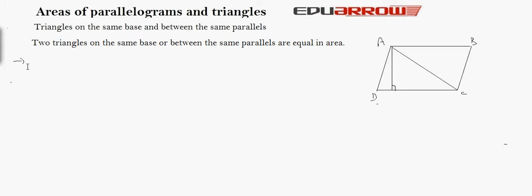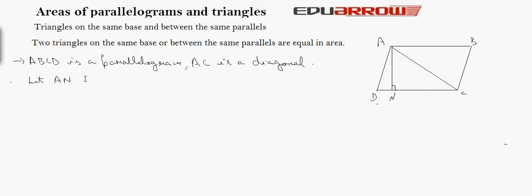Now suppose ABCD is a parallelogram and AC is a diagonal of parallelogram ABCD. Let AN be perpendicular on DC. Now we know that triangle ADC is congruent to triangle CBA,